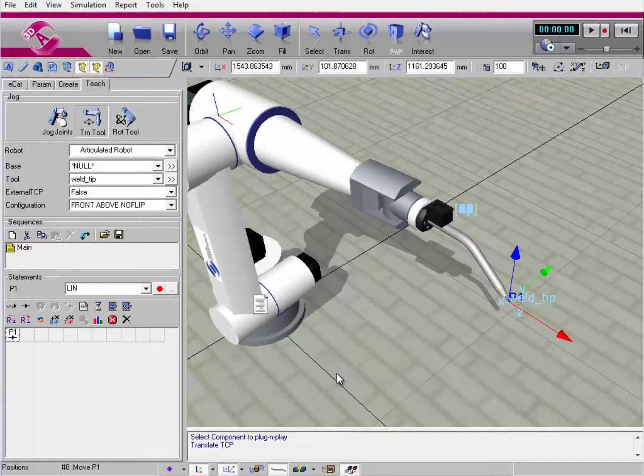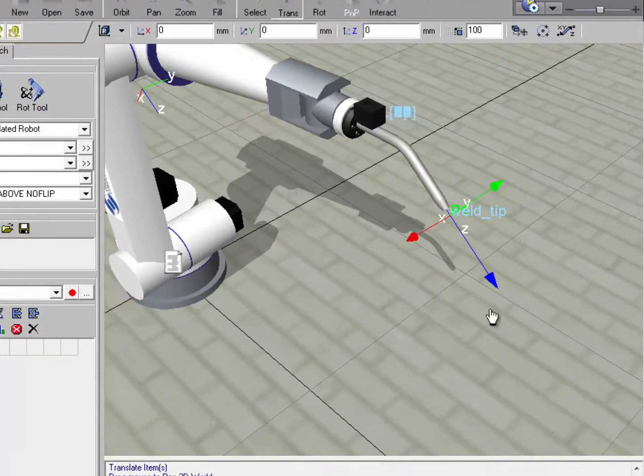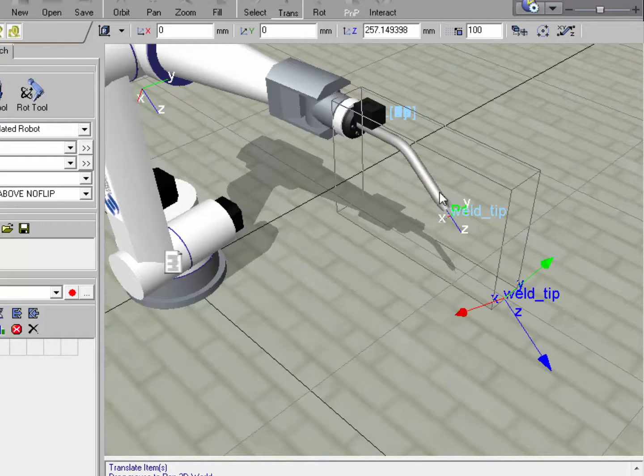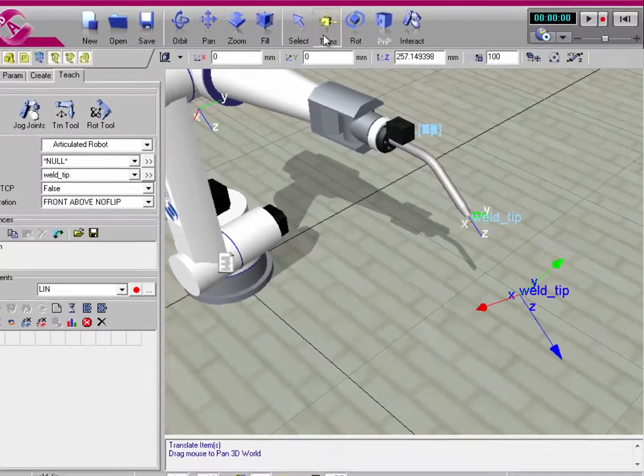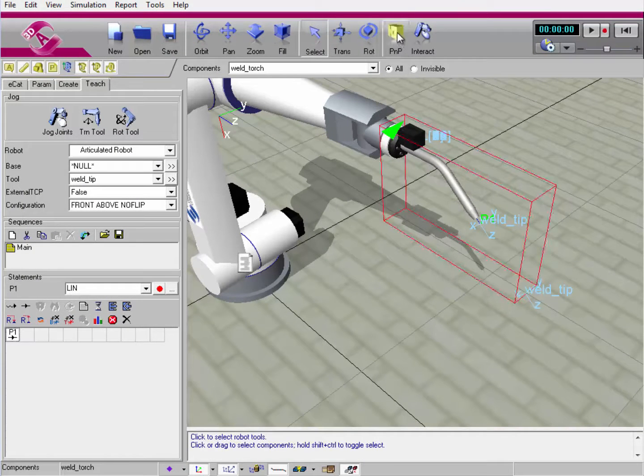Now, when I modify a tool component's frame in the Teach tab, look what happens. So I have weld tip now, and I'll translate it. Notice that the robot creates a copy of that weld tip frame and modifies it. However, in the tool component, the original position of the weld tip frame is still shown. So I'm only modifying a copy of the tool frame, because if I was to select a tool component and